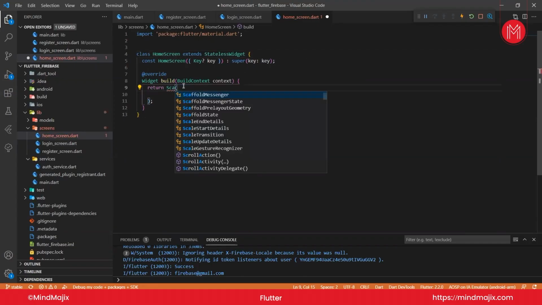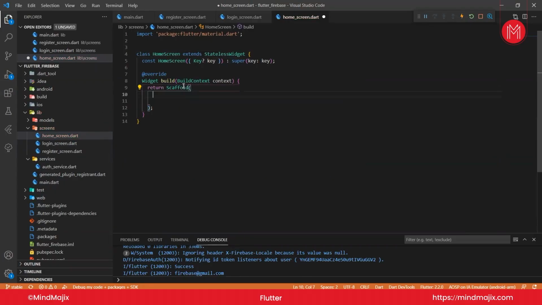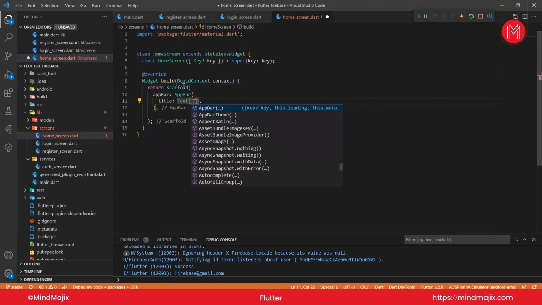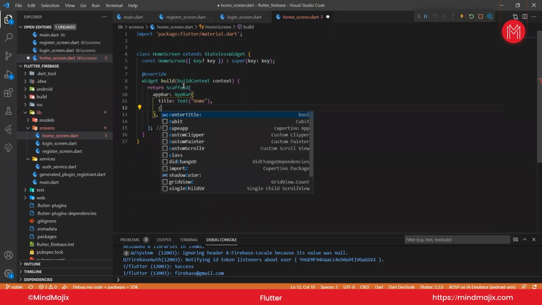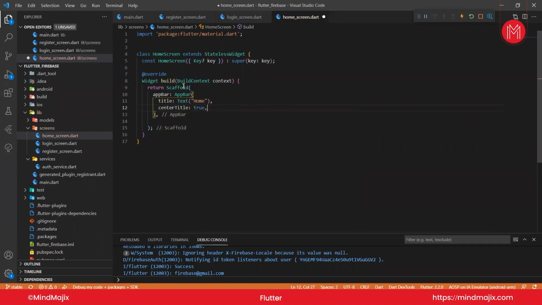Then create a scaffold, then appBar. Let's give the title of text Home, then centerTitle true,